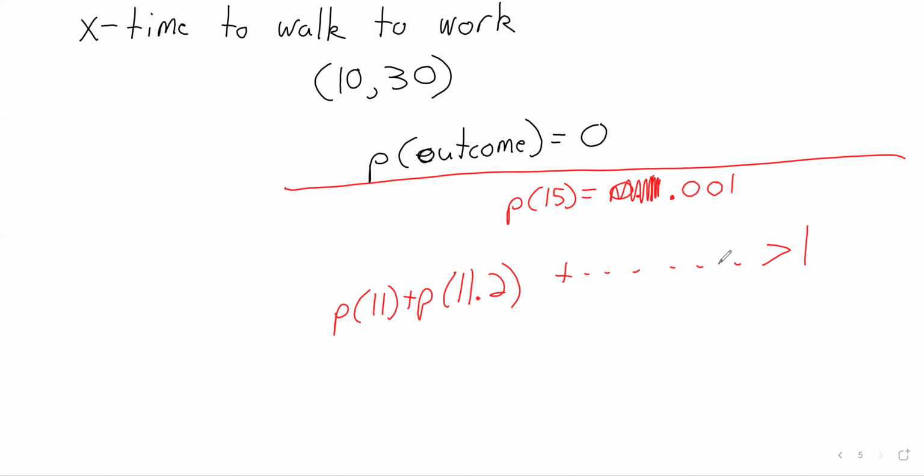Even if I made this much smaller, well, select a million points in this interval. Those probabilities will add up to be greater than 1. So no matter how small I make this, if it's a finite number, we're going to run into this problem where the probabilities are more than 1. And the only way to avoid it is